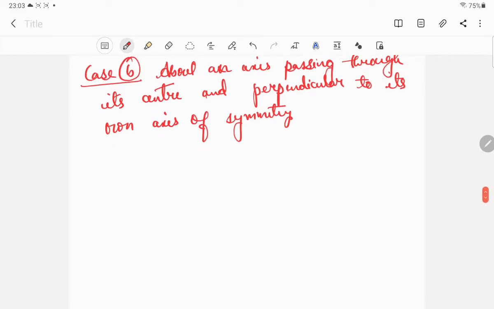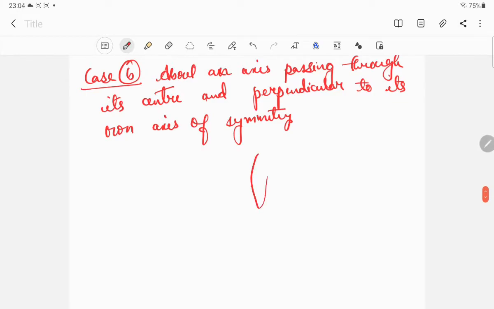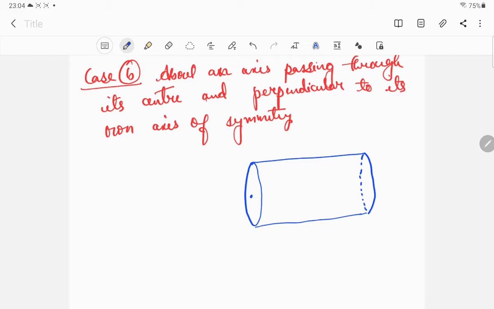So for this, now let us draw a diagram, as we have already drawn the diagram of a. Okay, suppose let us consider a similar cylinder like this, as we have already considered, of mass capital M and radius capital R. Now we need to find out the moment of inertia about an axis passing through its center, and say let this be y dash, and let this be x dash. Okay, now we are considering that x dash be the axis of symmetry and y dash be the axis perpendicular to x dash. Okay, so now we need to find out the moment of inertia